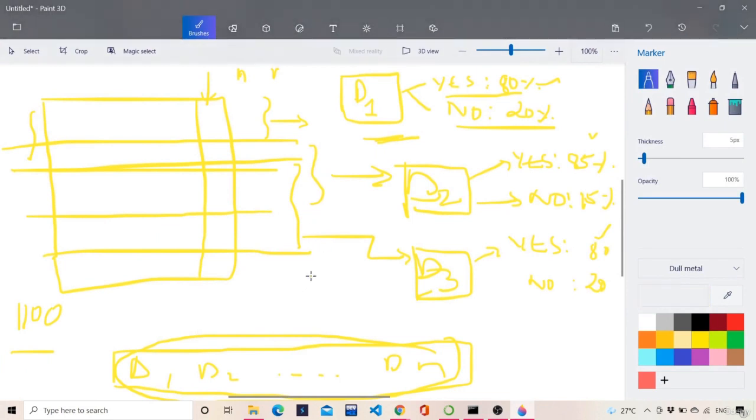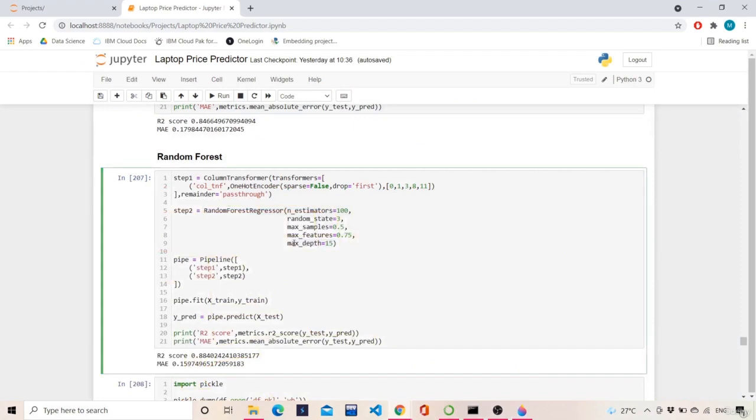That means in a decision tree, in order to save the branching cost, we will be selecting only a limited set of features. That is the meaning of max sampling. So this is my random forest regressor, which I declared as a class,